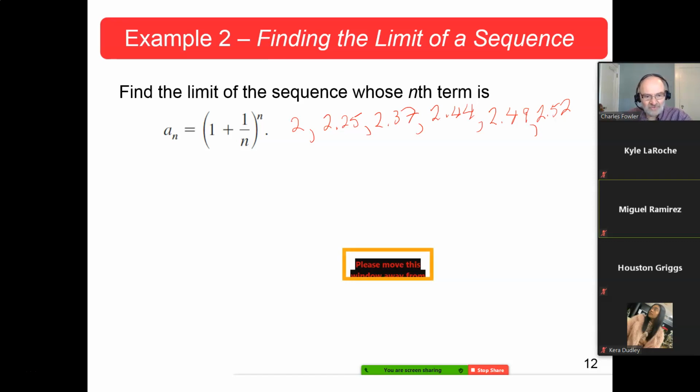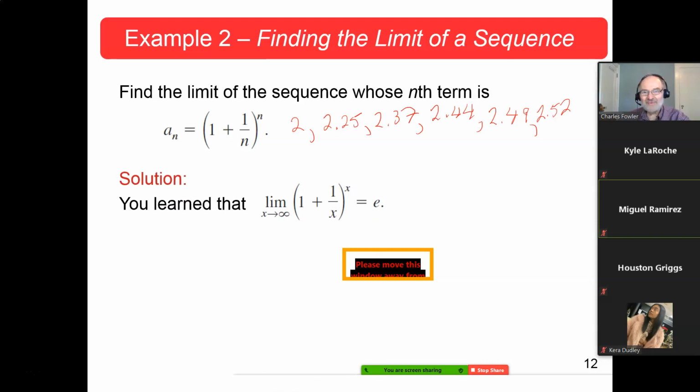But how they suggest we do it, in fact, let me just show that so I won't have to do all the writing. And this is what they went by. And this is what I was saying. It's requiring you to know something that you probably didn't think of in this context. But this is a limit that you probably did run into a long time ago, but it wasn't in this context. The limit as x is approaching infinity of 1 plus 1 over x raised to the x power. That is exactly the definition of e.